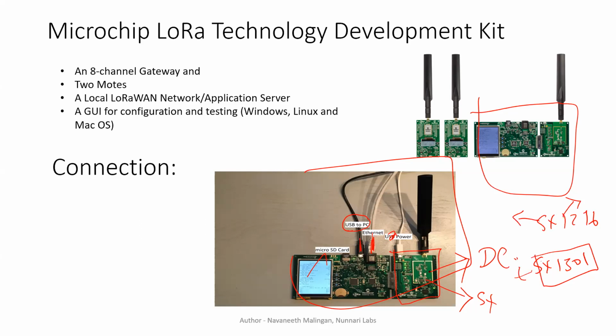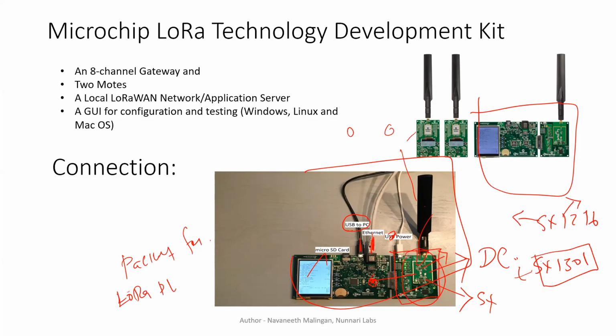Okay, so this is the packet converter. In this gateway, all the nodes' LoRa packets will be received by this data concentrator, and it will be sent to this chip. In this chip there will be a packet forwarder. This packet forwarder converts the LoRa packet into a UDP packet. So the packet forwarder is responsible for converting LoRa packets to UDP packets. After converting to a UDP packet, this will be sent through this Ethernet cable.